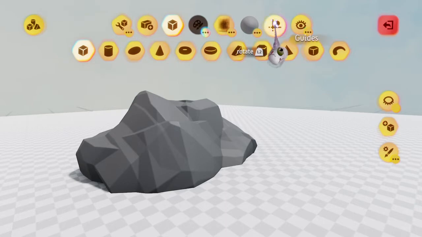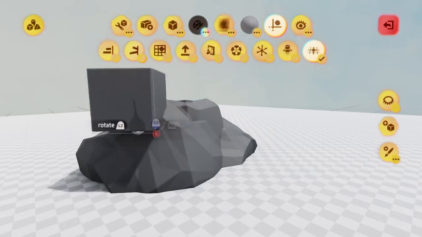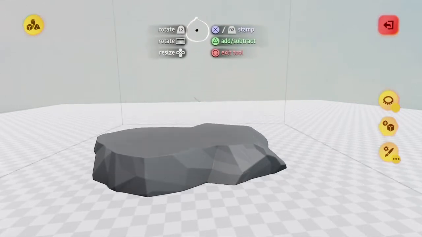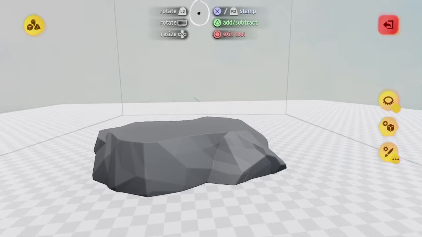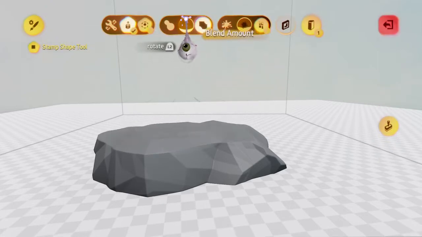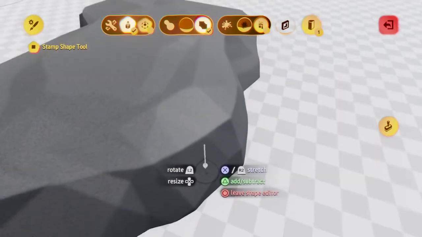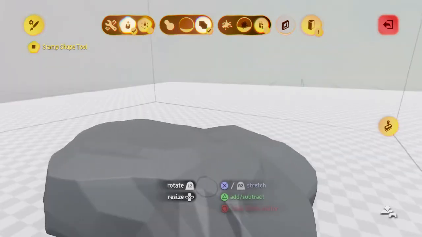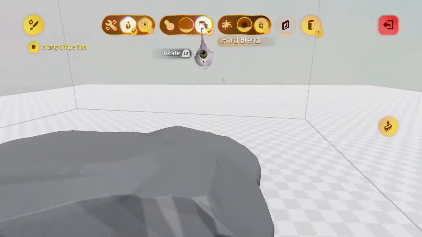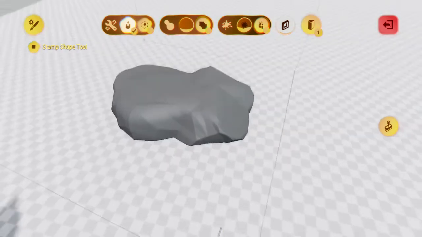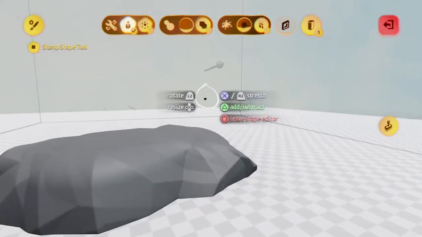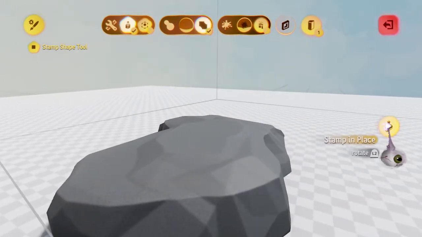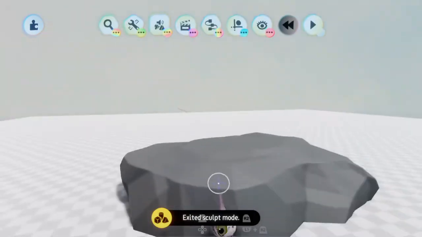So let's make this a rock that can be used in two different ways. We're going to go to the cube, use the subtract mode and just cut the top. You can also use the blend mode and blend that down, and then you'll have that weird little bumpy area on the top of the rock. That's only if you have hard blend on. As you can see now, it looks like something else. So make sure you have hard blend on if that's what you want. I'm gonna leave it like that because I like having that little bumpy area